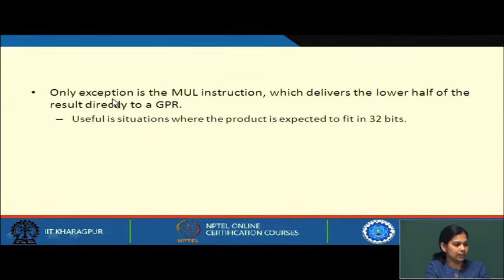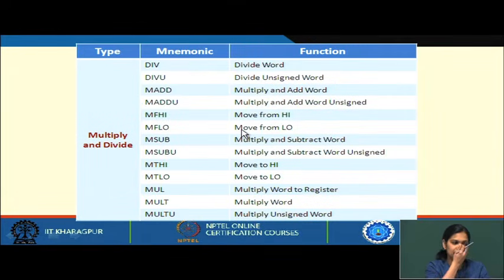There is only one exception: the mul instruction, which delivers the lower half of the result directly to a GPR. This is useful for situations where the product is expected to fit, because when we multiply two numbers the result may not always be 64-bit. The result can fit into 32 bits as well. So, in that case, there is an exception with the mul instruction. So, these are the various instructions that I am talking about: div, divide unsigned word,